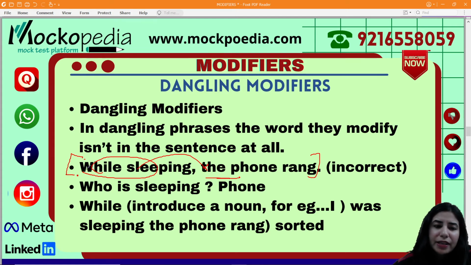और कहीं सेंटेंस अगर इतना सा है तो आप इसको रेक्टिफाई भी कैसे करोगे, कहीं प्लेसमेंट ही प्रॉपर नहीं है। फोन सो नहीं सकता और कोई सब्जेक्ट ही नहीं है सेंटेंस का जिससे हमें पता चल जाए कि सो कौन रहा था। तो हम क्या करते हैं, हम एक नाउन को इंट्रोड्यूस कर देते हैं या प्रोनाउन को इंट्रोड्यूस कर देते हैं या एक सब्जेक्ट को इंट्रोड्यूस कर देते हैं जिससे ये क्लैरिटी मिल जाए कि सो कौन रहा था। तो मैंने क्या किया, मैंने यहाँ पर डाल दिया while I was sleeping the phone rang, राइट।